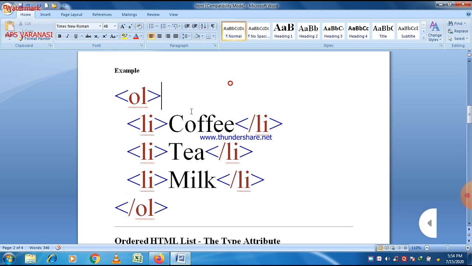Since this is an ordered list, counting starts automatically from 1. Coffee is placed at position 1, tea is at position 2, and milk is at position 3.